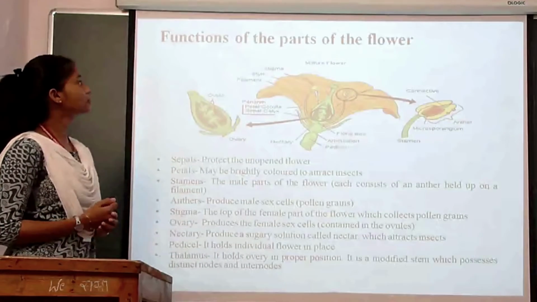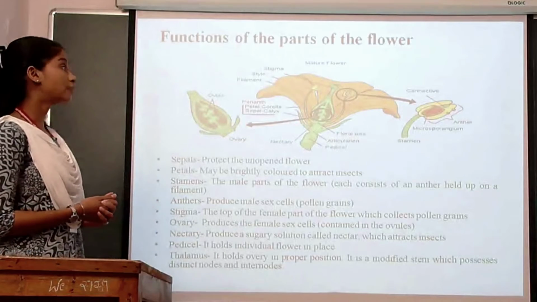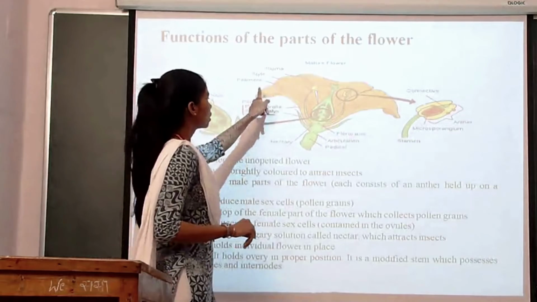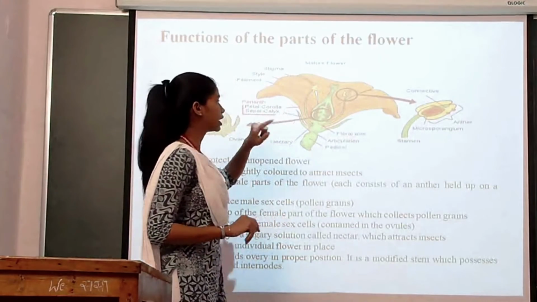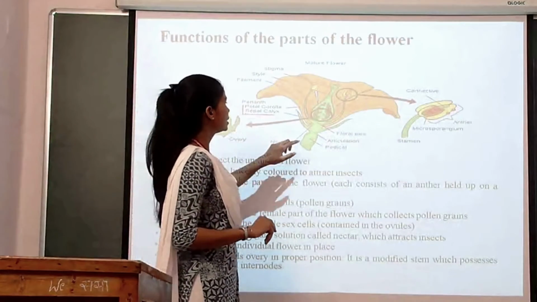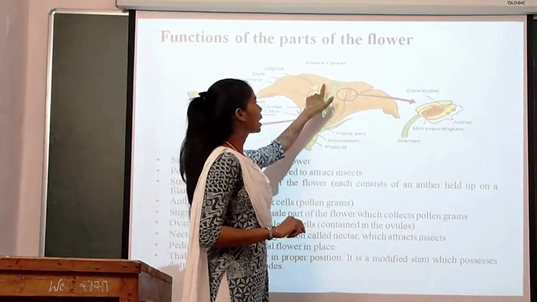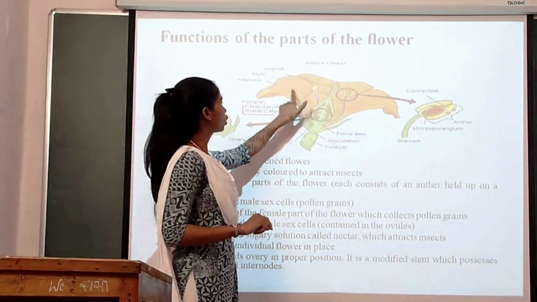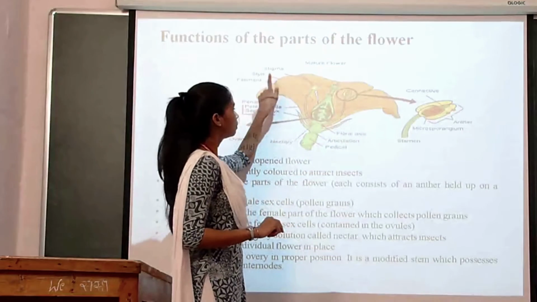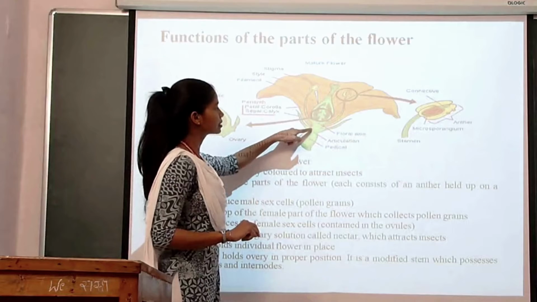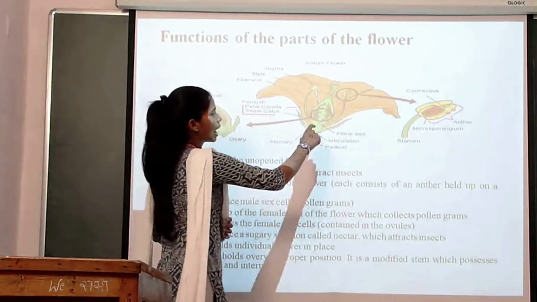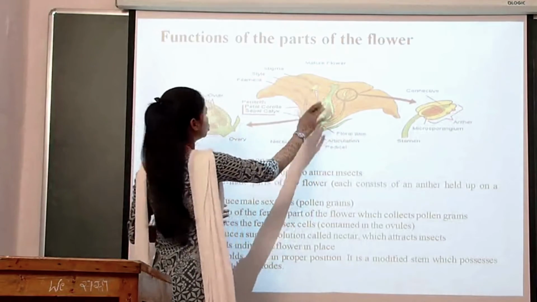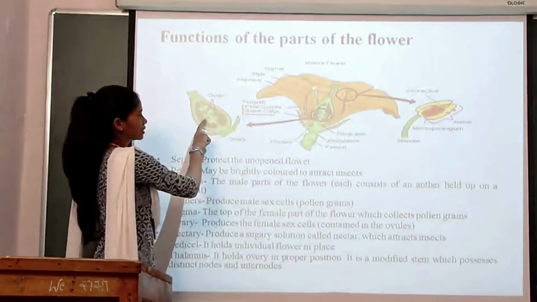Then what are the different parts of the flower and what are their functions? Now see the diagram. This is the longitudinal section of flower. You can see these yellow colored, bright colored are petals. These are corolla. These green colors are sepals. And at the center, you can see the structure. This is the gynoecium. This is the zoom section of this gynoecium.